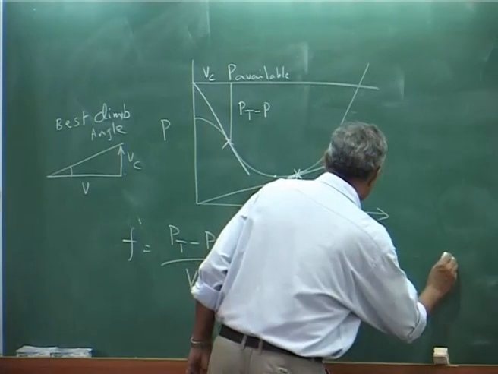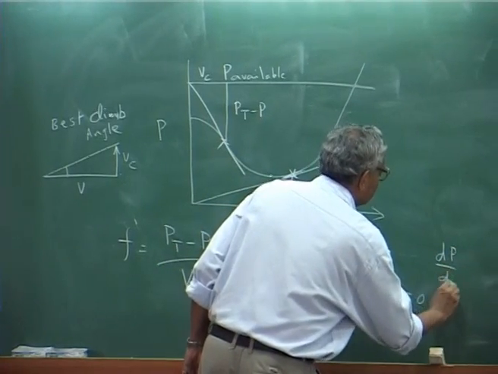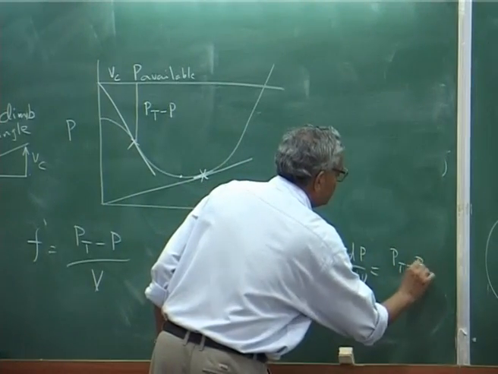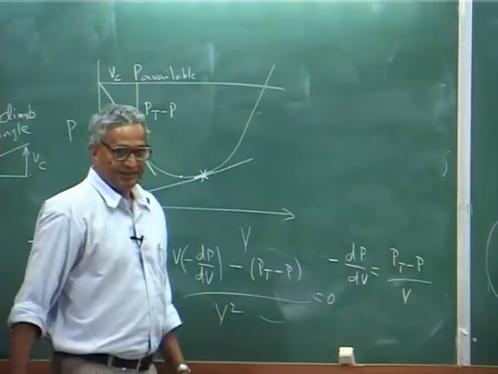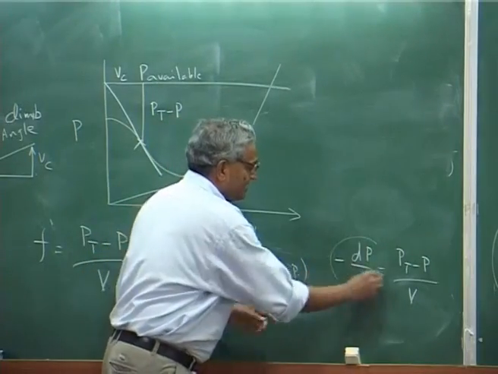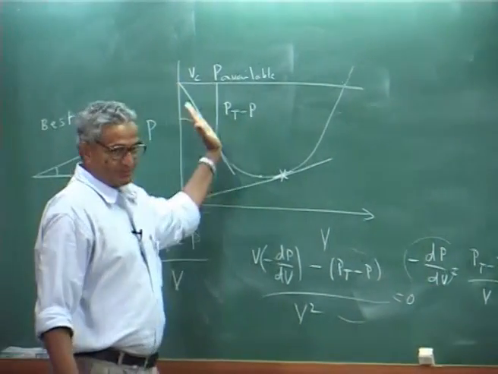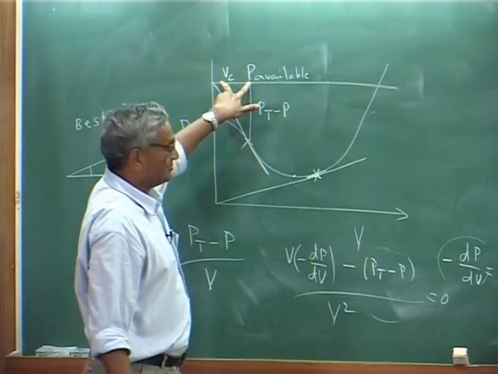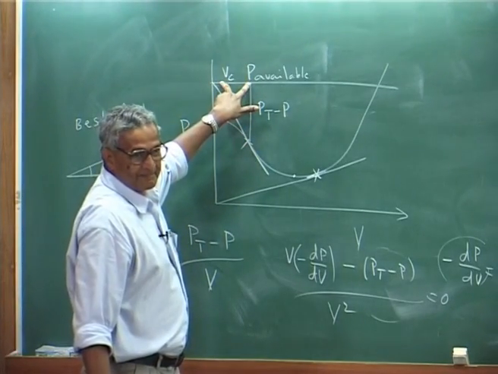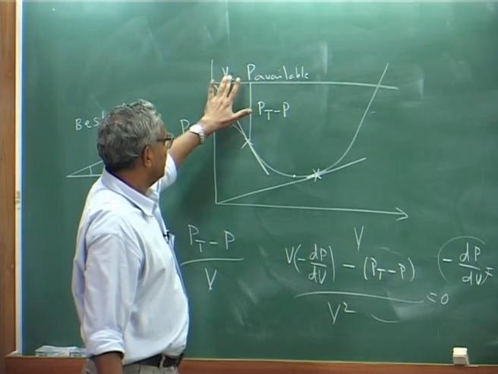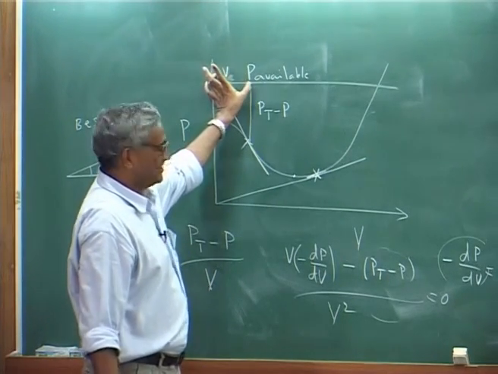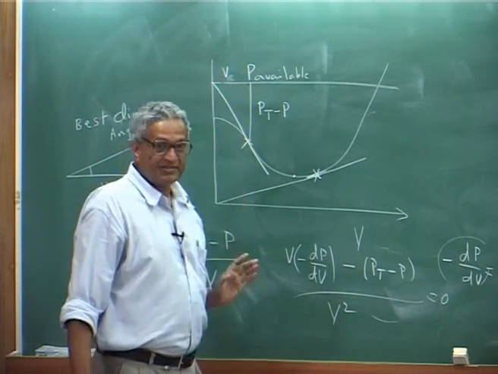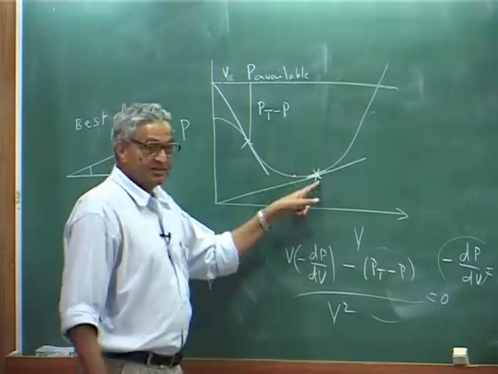So you will get dP by dV, minus sign, is actually Pt minus P over V. So the slope of this curve, because of the minus sign, automatically is a negative slope. So this is Pt minus P, this is V. I will put it instead of Vc, this is V. So this is the best climb angle, this is the best range,